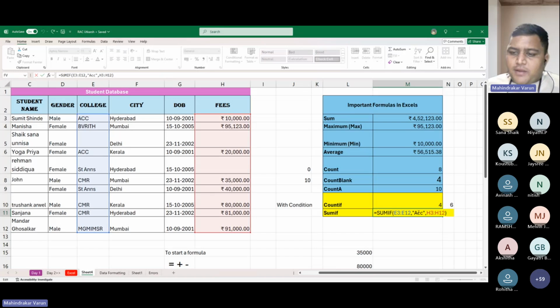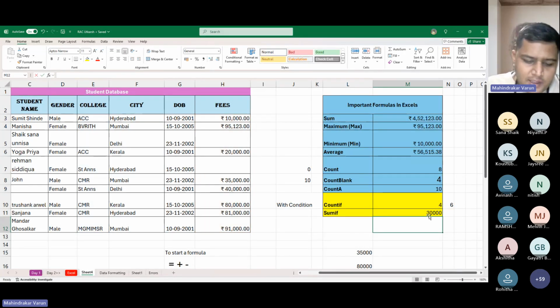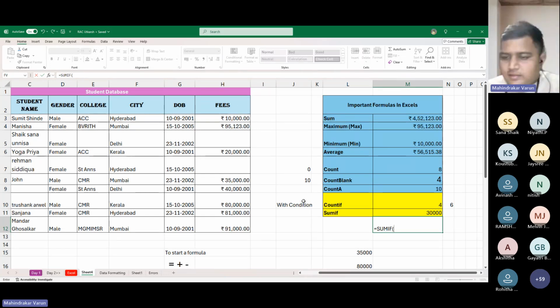For example, if I'm asking for Hyderabad location, I'll do it in a different way this time. I'm writing here equals to sum if, open bracket. This time I wanted to know people staying in Hyderabad, how much fees they are paying. The students who are in Hyderabad, what is the fees paid by them? So see here, first I'm selecting this. After that, comma,